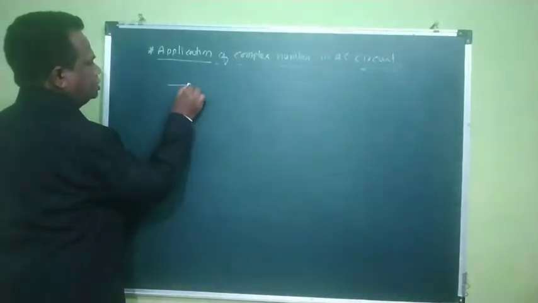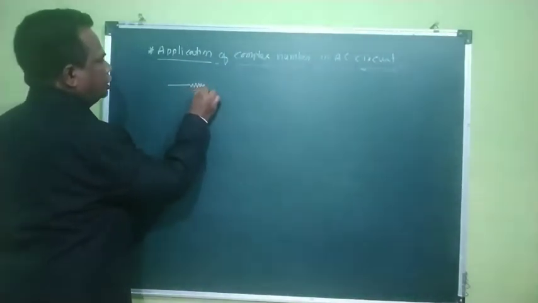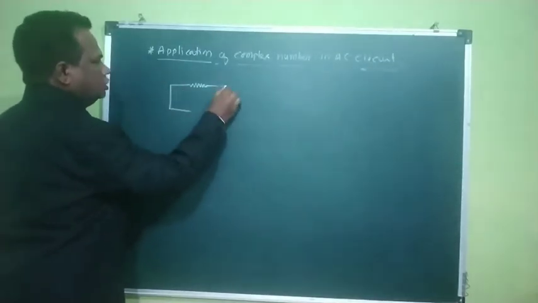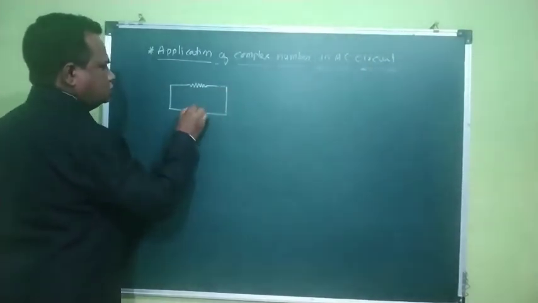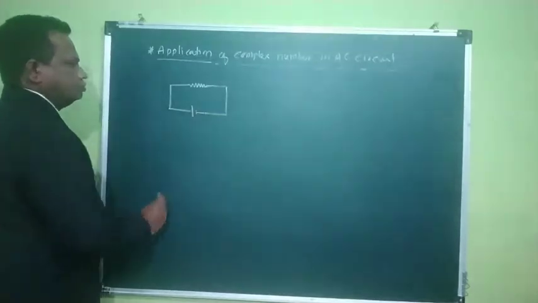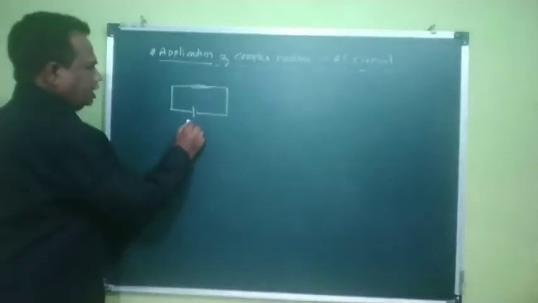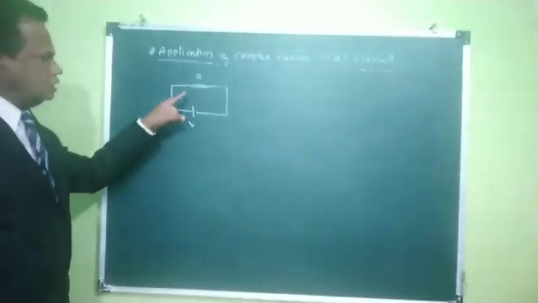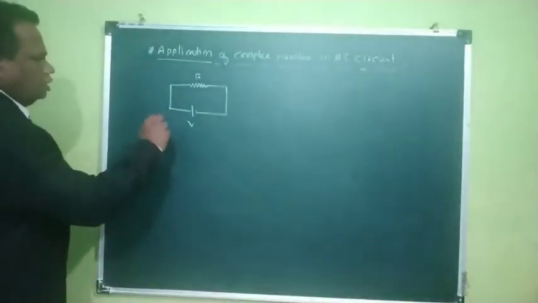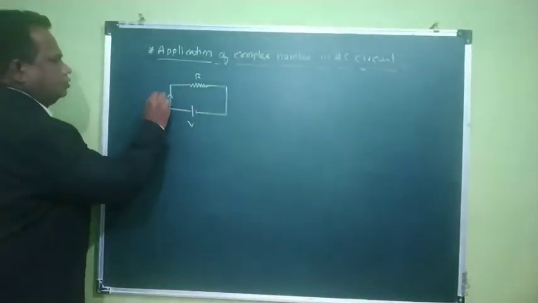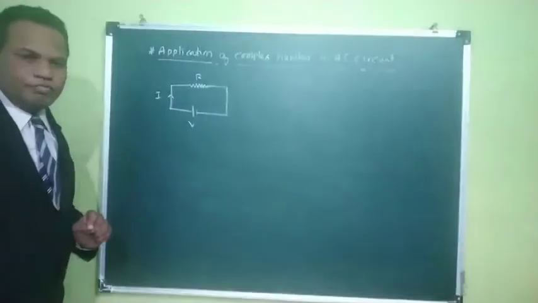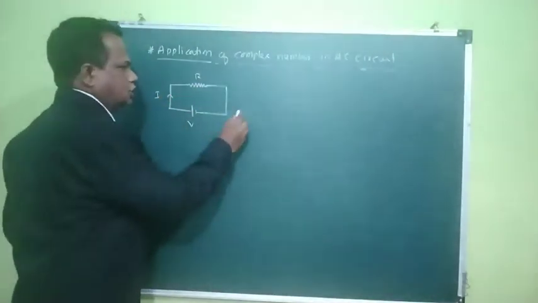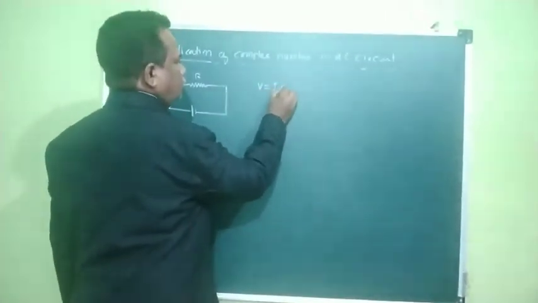First of all, for instance, if I take a resistance, then this resistance is connected across one simple battery. The voltage of the battery is V. R is the resistance. Then when the circuit is completed, there is a flow of current. You all know Ohm's law. What is Ohm's law? Yes, V is equal to I into R.